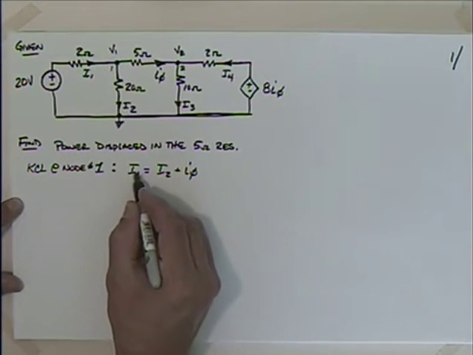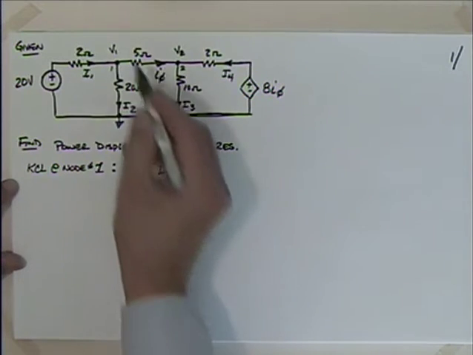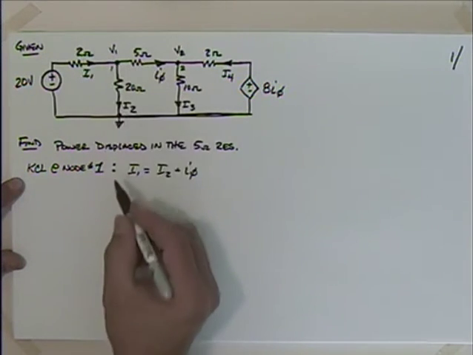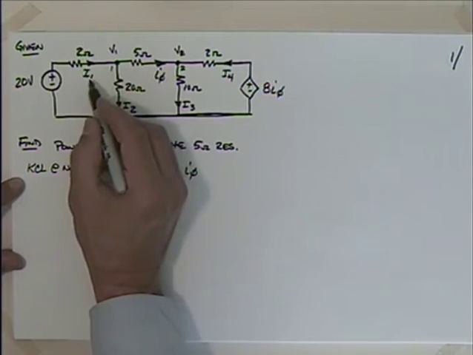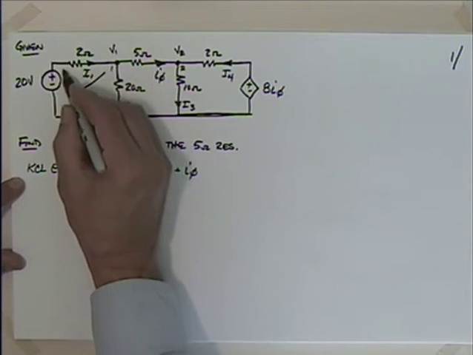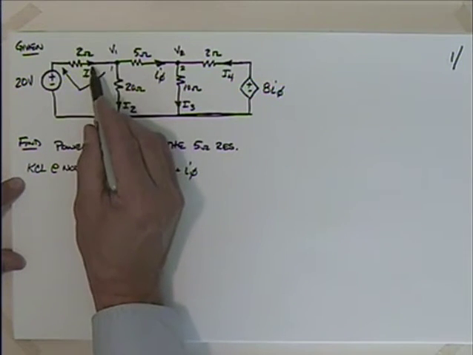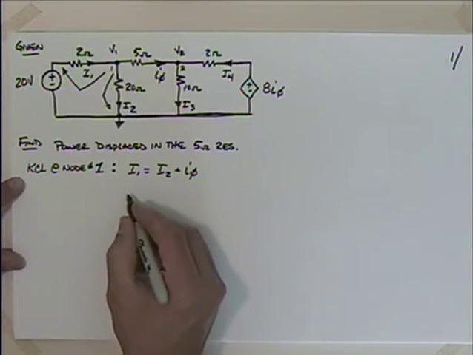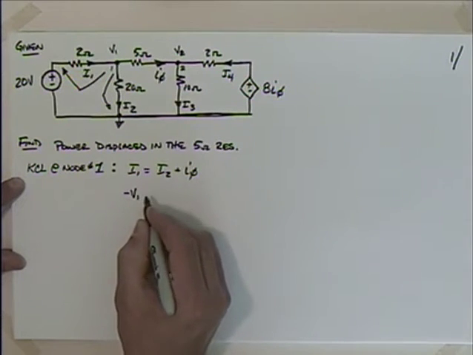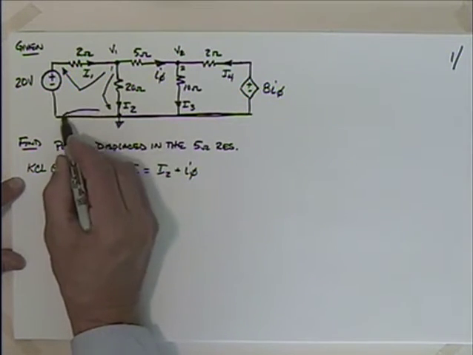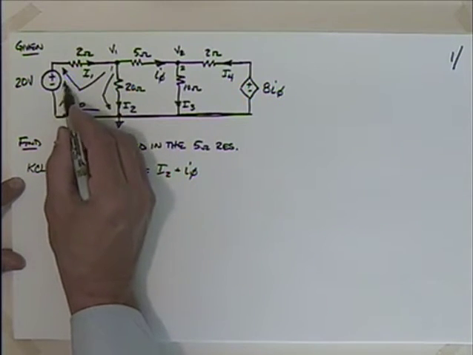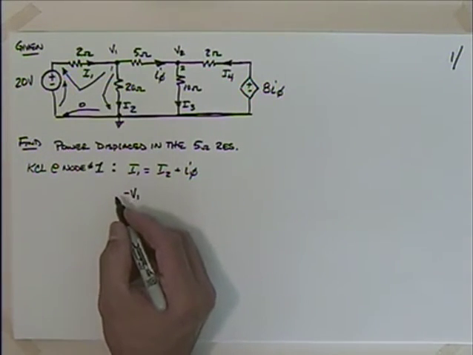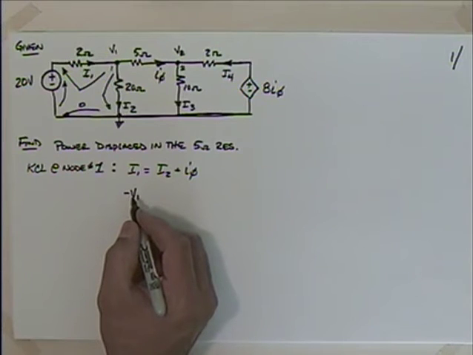So then we'll write I1 and I2 and I phi in terms of our voltages V1 and V2. Let's see if we can do that. I'll find this voltage here that goes, the polarity goes in the opposite direction of this current I1. So to get from there to there would be the same as going down here, which is minus V1. So I'll have minus V1. And then this is 0, and then back up there I would have a gain of 20. So I will say that I have